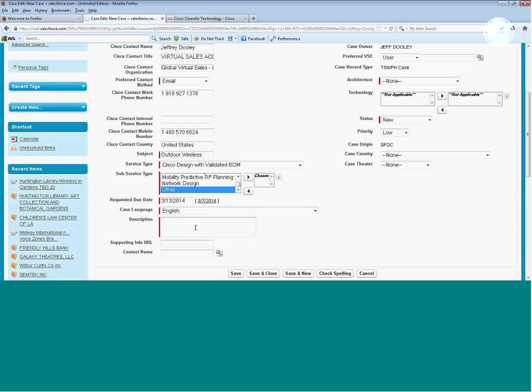And I'm going to add some notes here. These are the notes I'm going to share with the engineer. Chances are I'm probably going to get a hold of them before the meeting as well and go over some of this. But I'm going to put a couple of important pieces of information. So say customer currently has 40 Cisco access points and extending